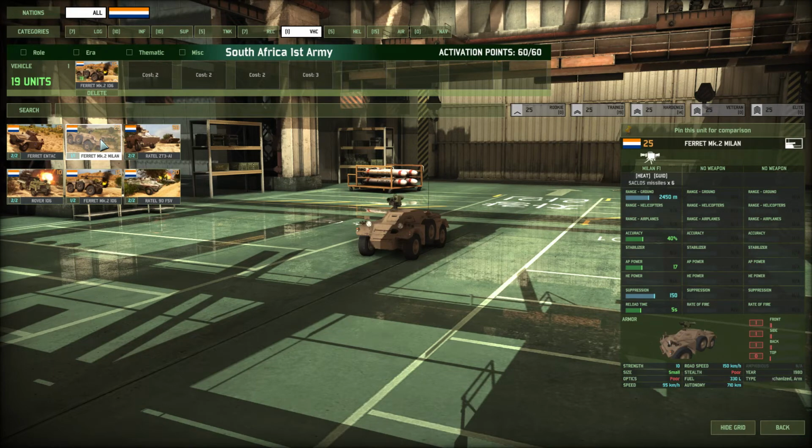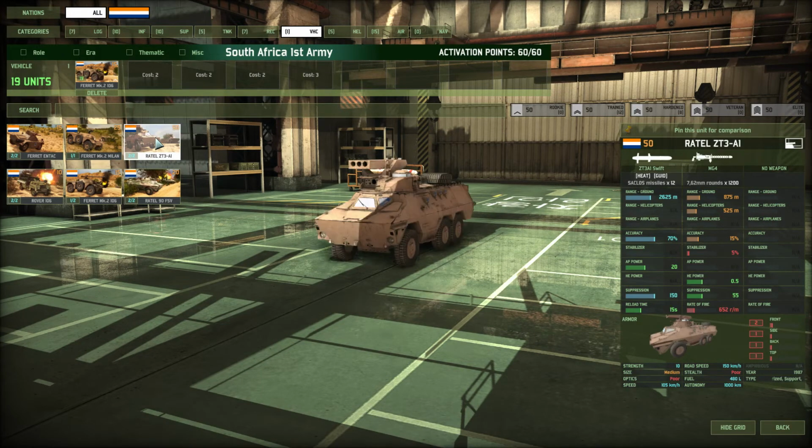Again, Buffaloes do this job, and unlike the Buffalo, this thing dies when it's hit once, whereas the Buffaloes can take quite a few rounds before they go down with their 15-man squad and being infantry. Rattel VT3A1. This thing I toyed with maybe taking because it looks like it will fire 3 swift missiles before